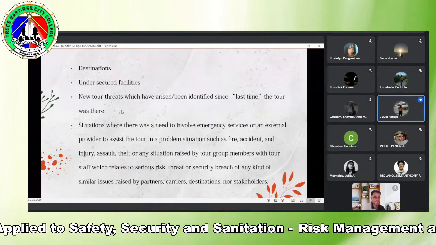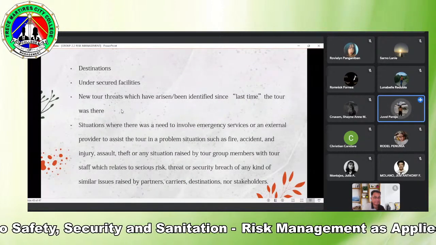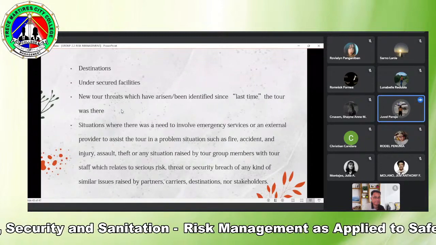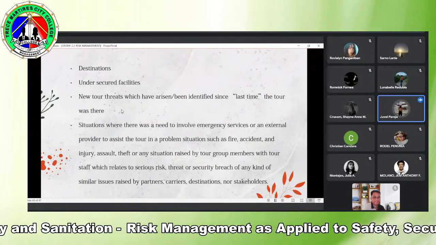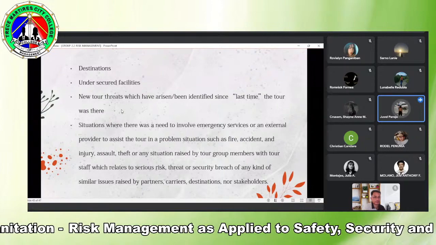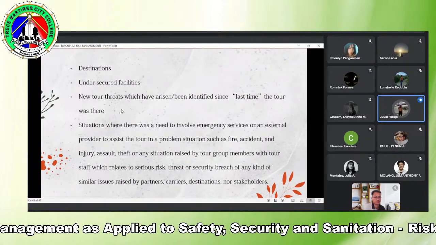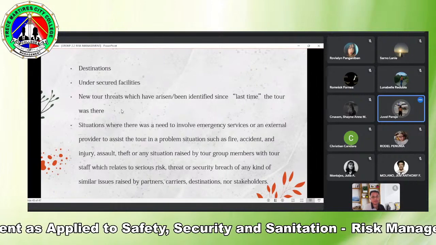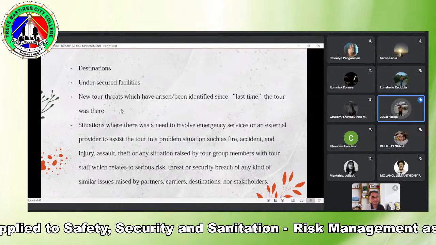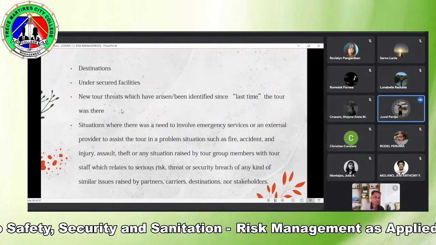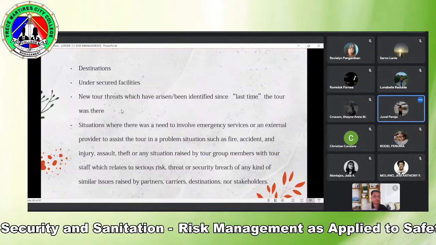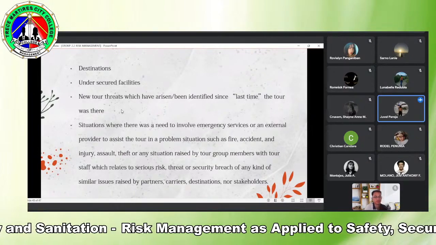Destinations. Example po sa destination is yung mga hazard, like pag may nakalagay na caution or under construction, you need to follow the instructions para sa safety ng bawat isa. Pag may nakalagay po na no U-turn, yung example po is na U-turn ka, yung iba po kasi mas nagpupumilit na sundin yung mali. Next po is